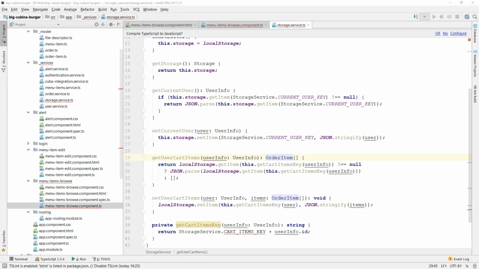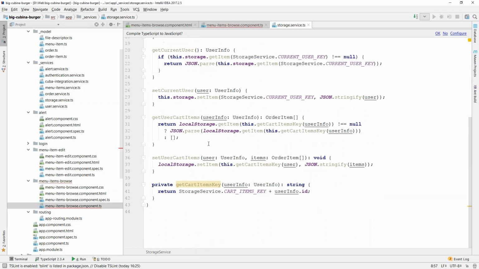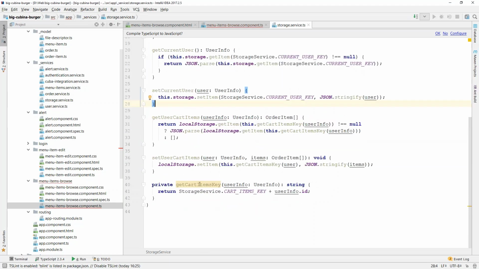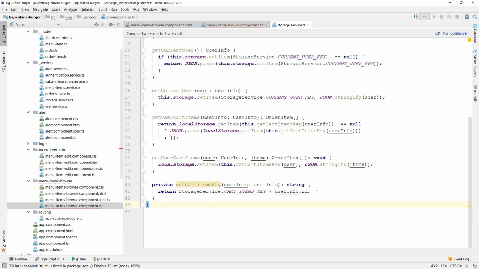And one constant. Okay, so this method's the same as for current user, but we generate card items key using card items key prefix and the user info identificator. So each user will have its own card.